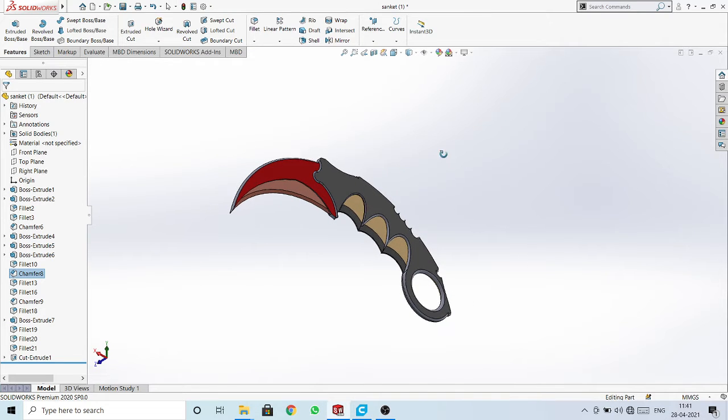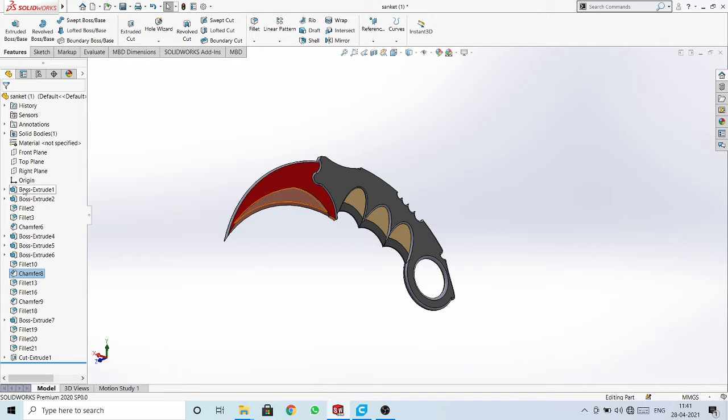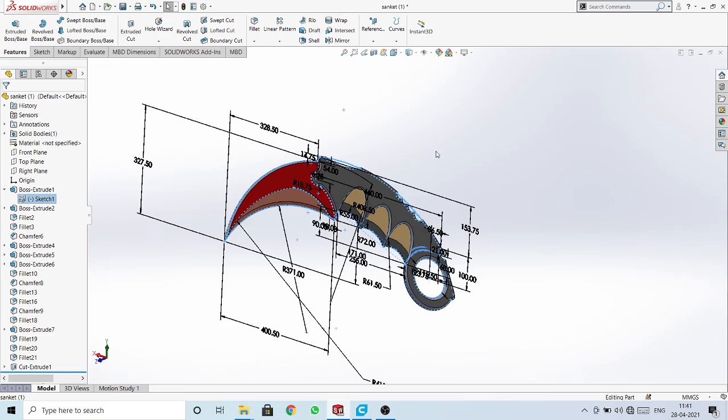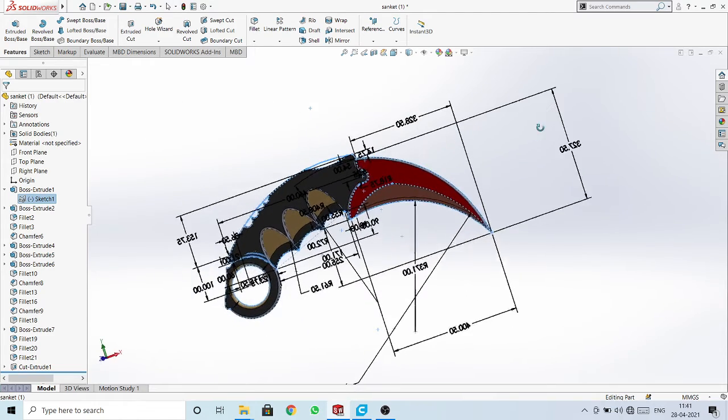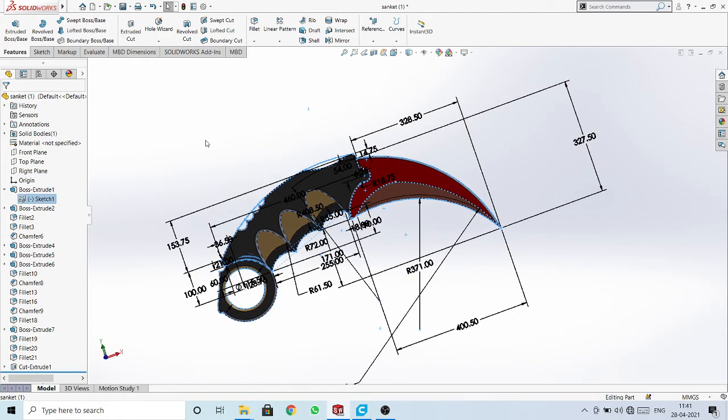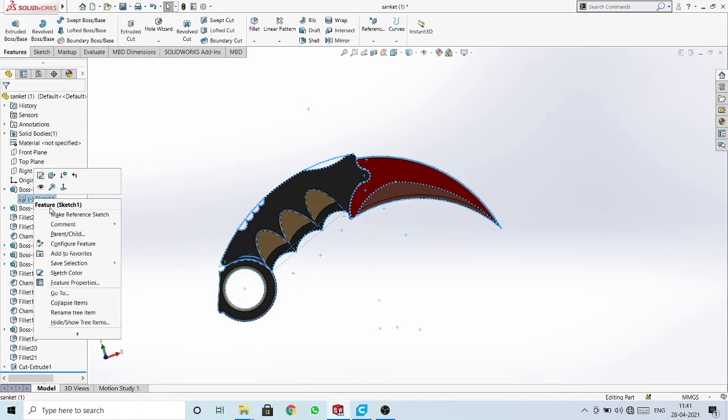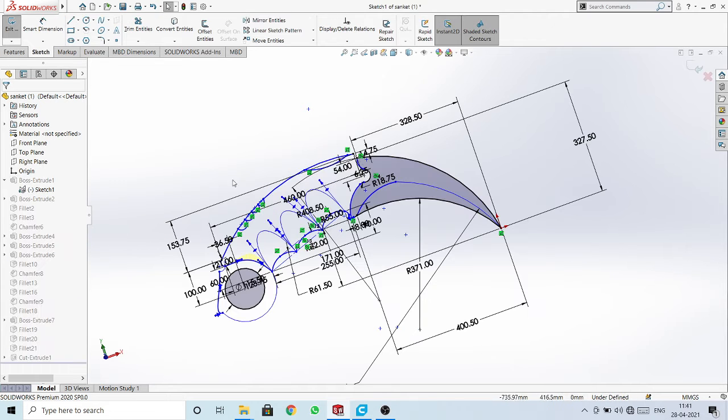So let me show you the basic sketch of it first. This is the sketch of my karambit knife. You can see it now looks more clear. First I have made the blades.